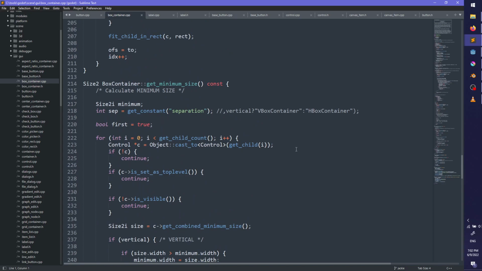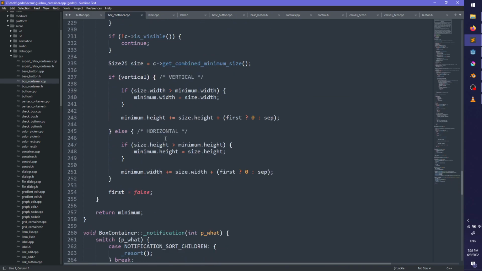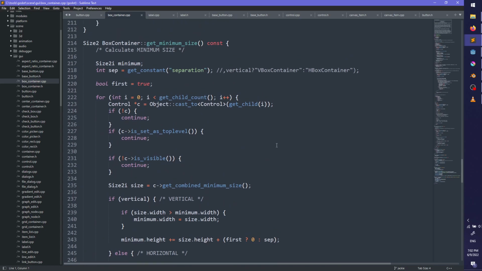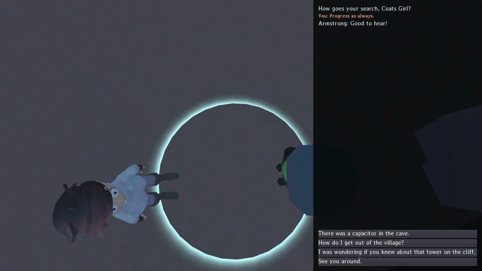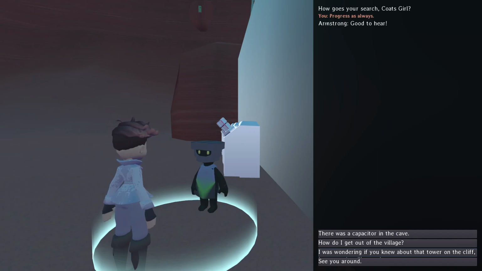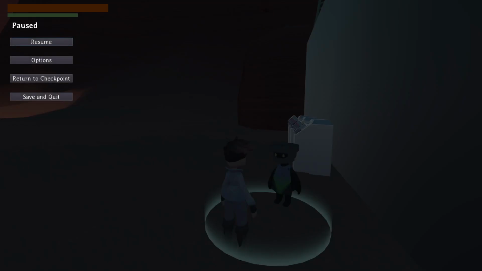Because that's something I've had issues with before, where I want to resize a container or resize a node based on its children, and that's just not functionality that Godot has, unless it's a container node, in which case it's always done automatically. And then you have to fight with the automatic stuff to do what you want. Because I literally just want the text to be word wrapped. And then the thing to be, wait, what?